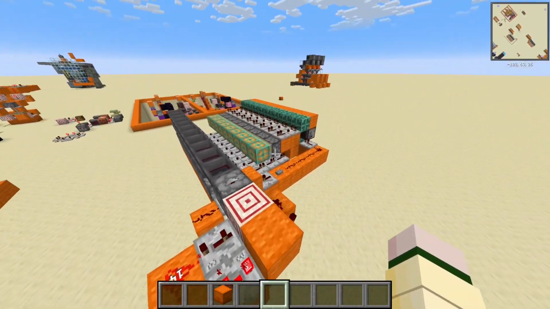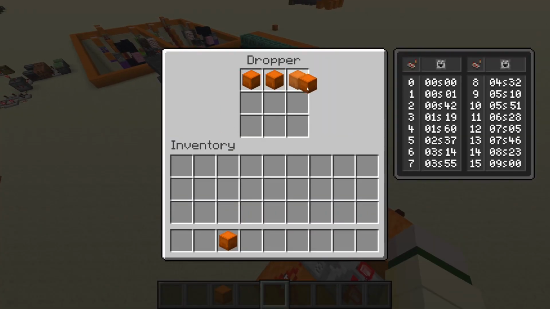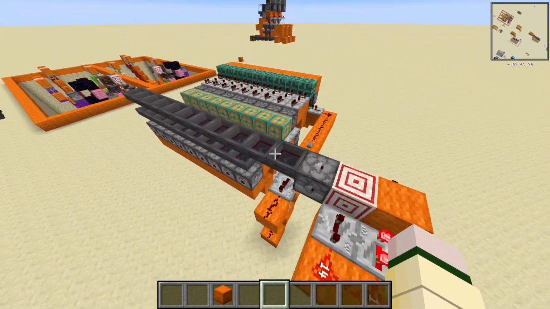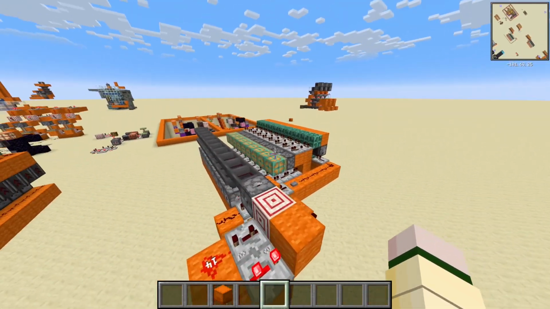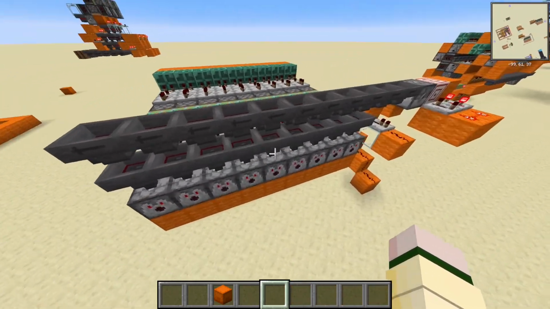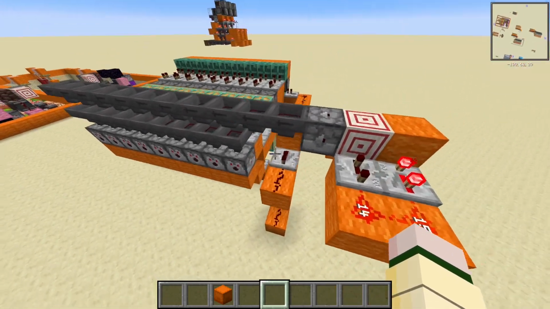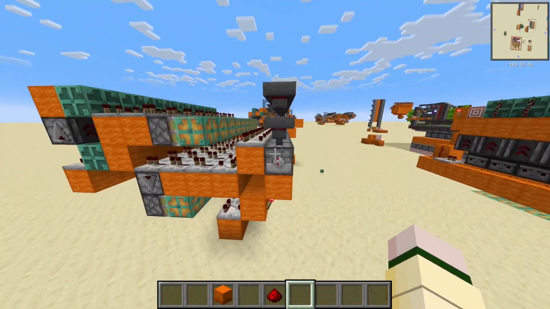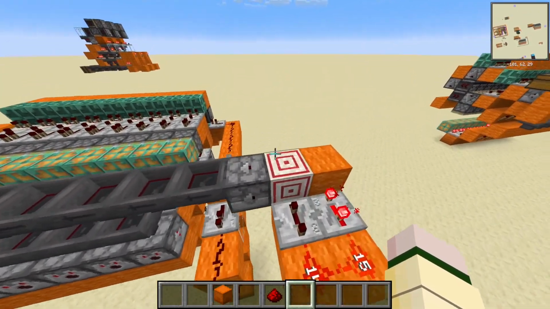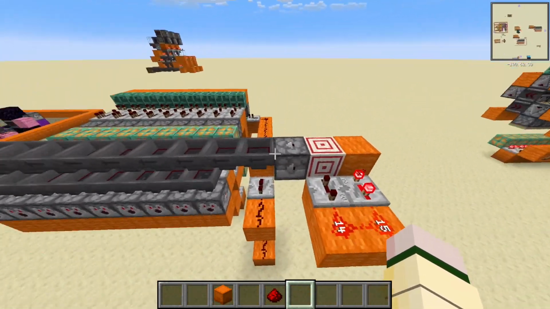So this is my initial concept. So you load your 9 shulker boxes in here. Basically, this was the interface that I designed for the dispensing of shulker boxes, so how you actually retrieve your items. So the basic idea is that you have a redstone clock that every so often dispenses a shulker box